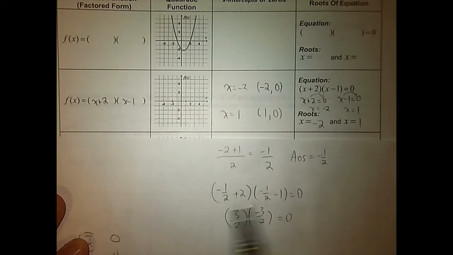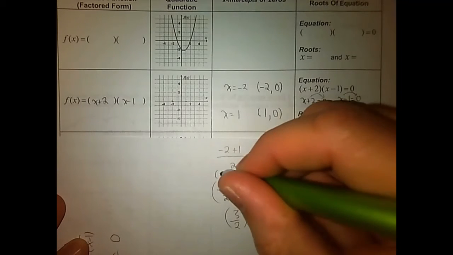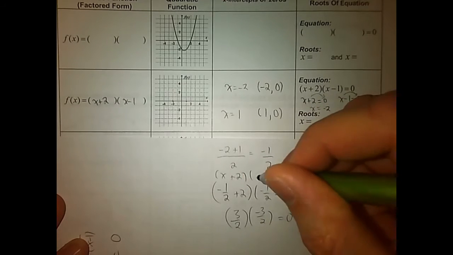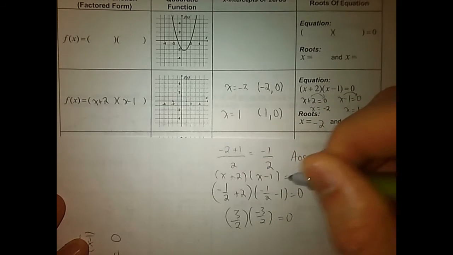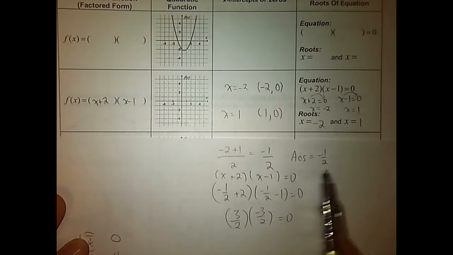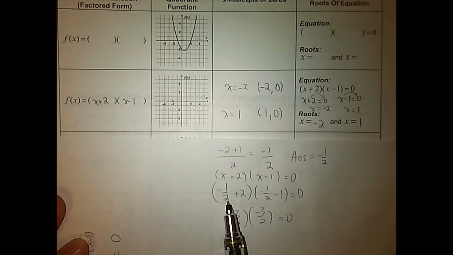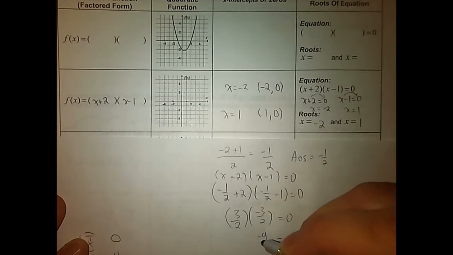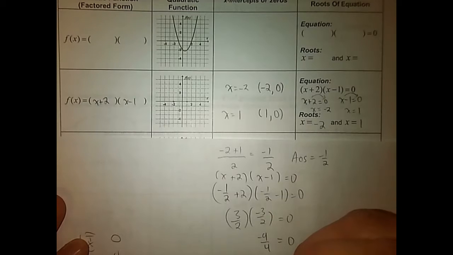So I did that here. X became this. If you want, I can rewrite that. So I found this axis of symmetry by adding these together and dividing it by 2. I got negative half to be my axis of symmetry. So I put these into my equation. As x, I get these fractions, I multiply them, and I get negative 9 over 4, which is like negative